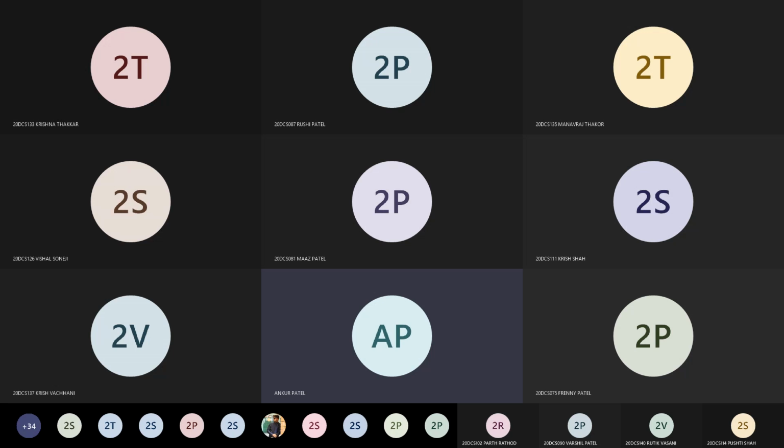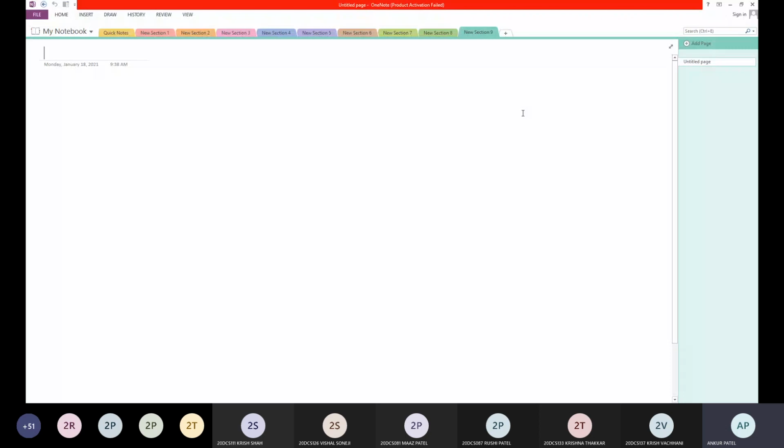Okay, wait for a moment. I will revise unit number 6 again. I am just opening my note screen. Before starting unit number 6, I want to share some fundamentals so you will understand this unit easily.